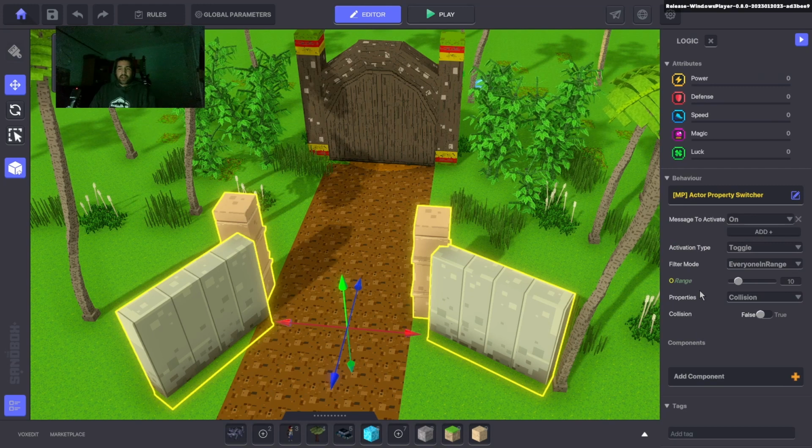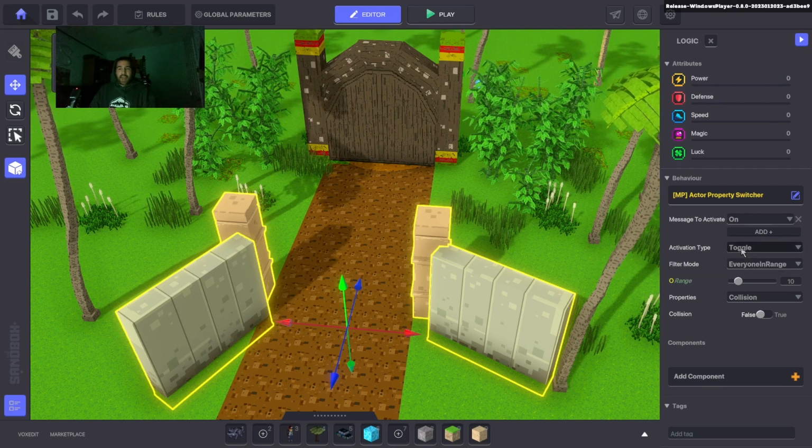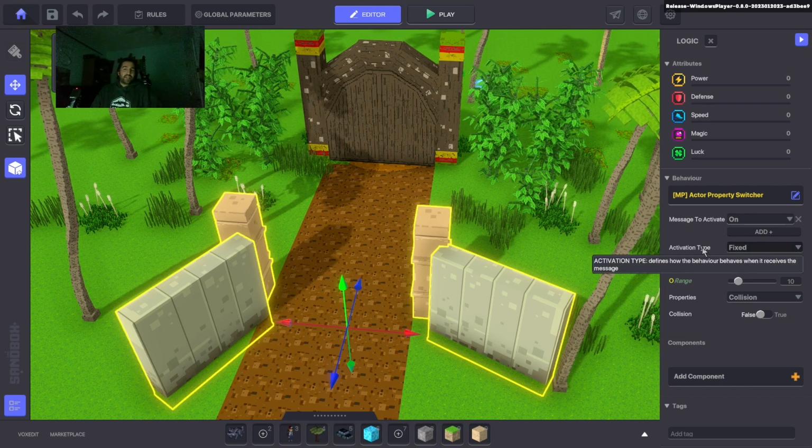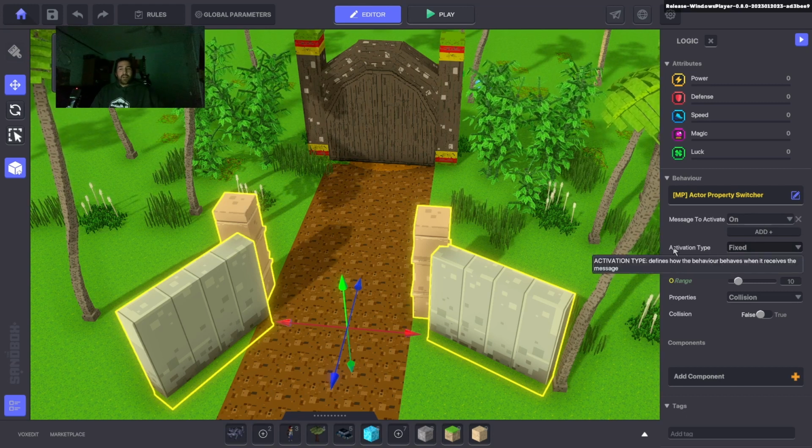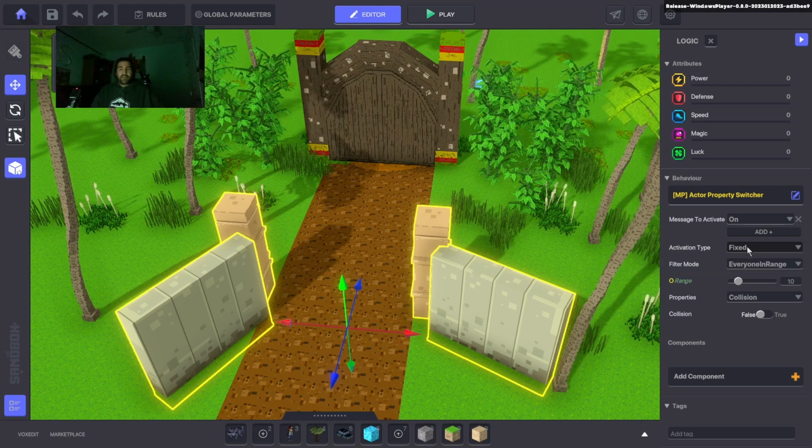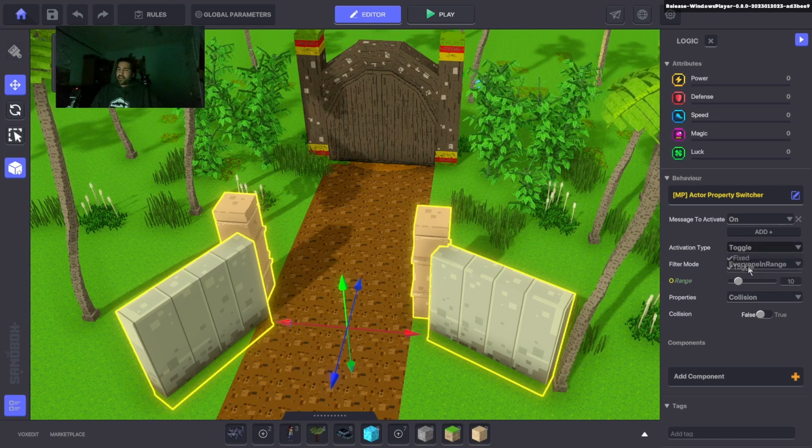And if we edit the logic, the activation type needs to be a toggle, and that's really important. So the default state is for the activation type to be fixed. It defines how the behavior behaves when it receives the message. So fixed, it turns on and then it doesn't turn off, and toggle, it can turn on and off using